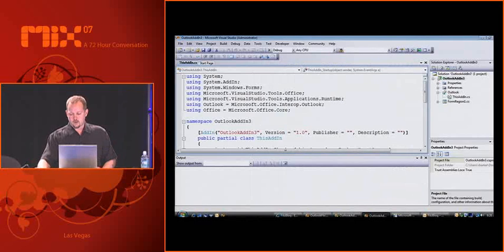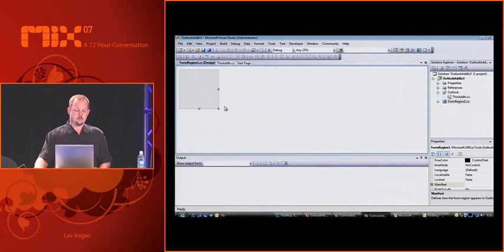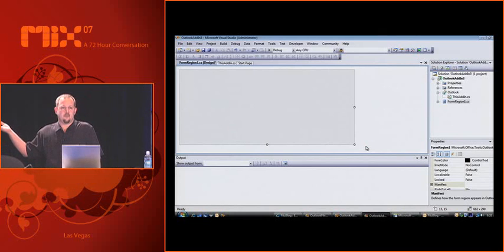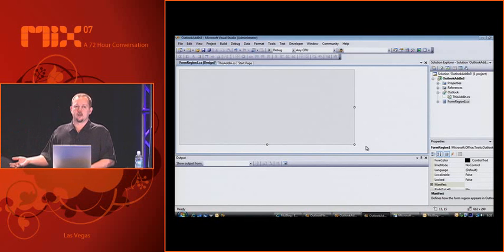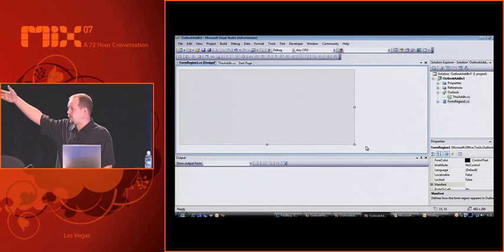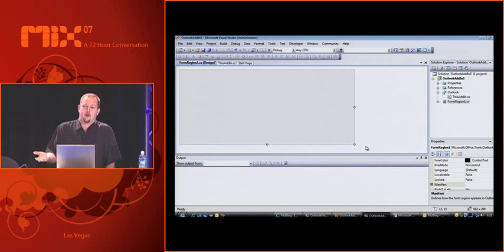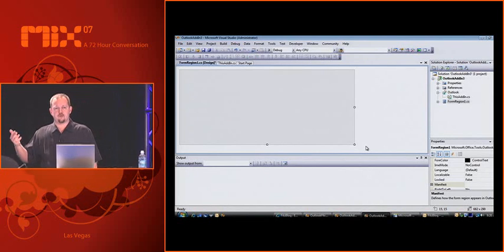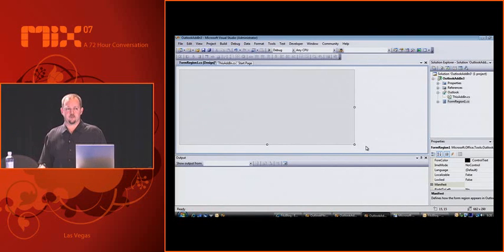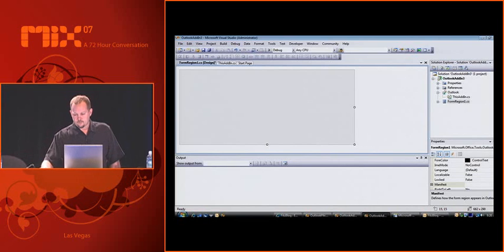So if I say finish, again, I'm basically using all the same things that I would as a .NET developer. I can drag and drop controls on here, fire it up, and then I've got my form region done. Again, I haven't written one line of code. If I run this, it'll show up. There's nothing there to do. But it's that whole rapid application development experience that allows you to build these types of applications.